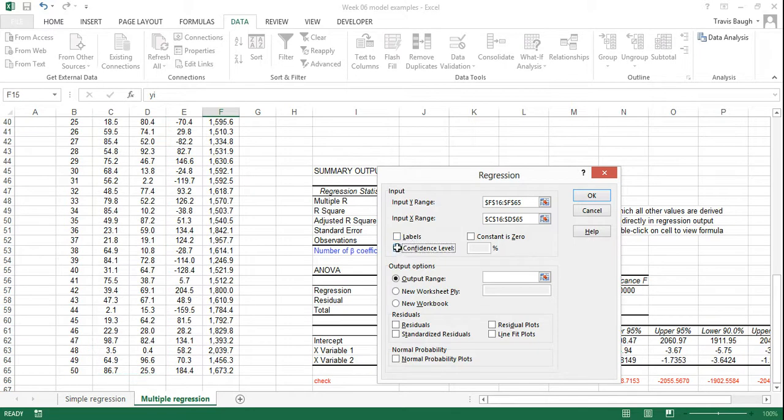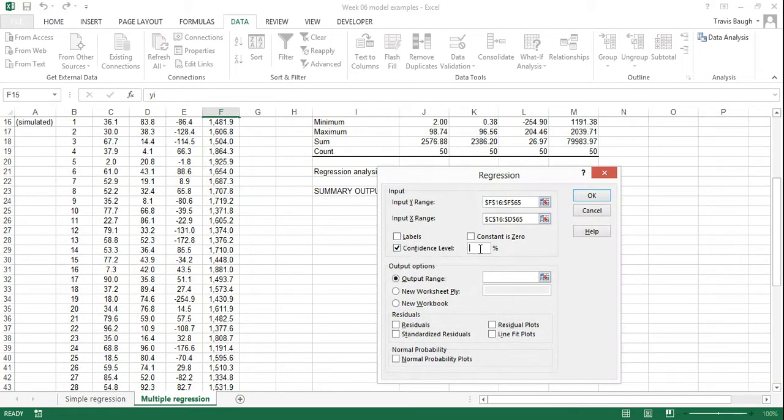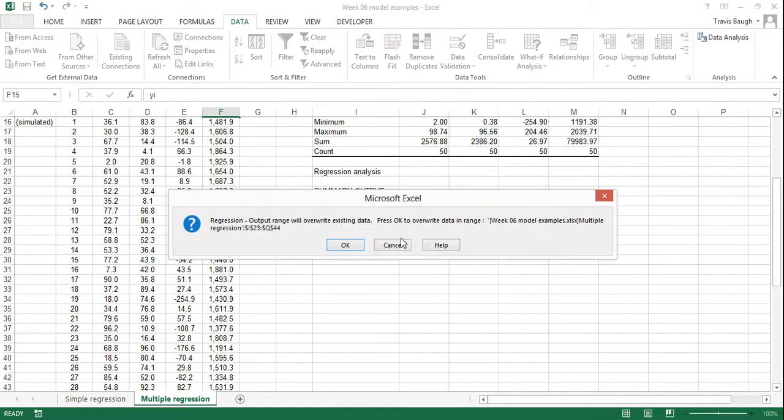I'm going to override the standard confidence interval and say I want Excel to tell me 90% confidence intervals for the regression parameters. Then I need to tell Excel where to put the output. I'm going to get it to do that in the same worksheet, just starting in cell I-23. And in this demonstration, I'm not going to look at any of these extra output options. So, having done that, I'll hit OK,